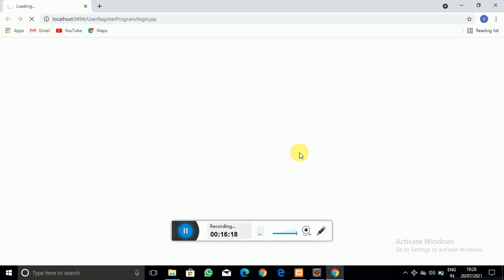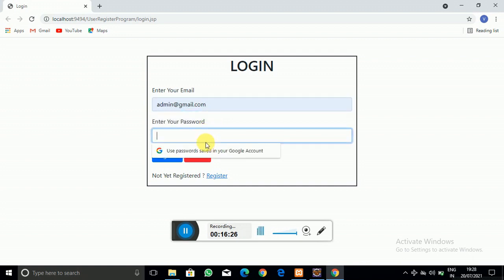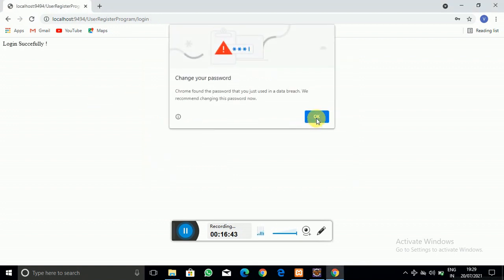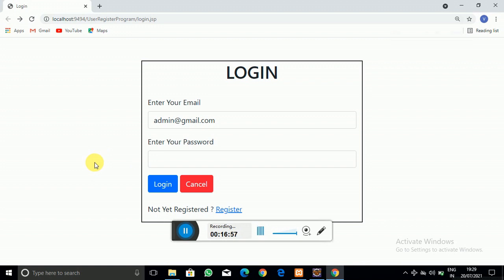As you can see, the login form is going to open here. Let us add the login details and click on the login button. So this was my mistake. Here you have to write login. Let's click on that. So here you can see that yes, our servlet works properly. Here the message is login successful. So that's all about our login and registration module. In this way we have concluded our login and registration module.